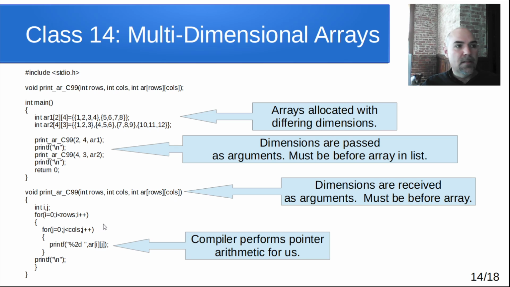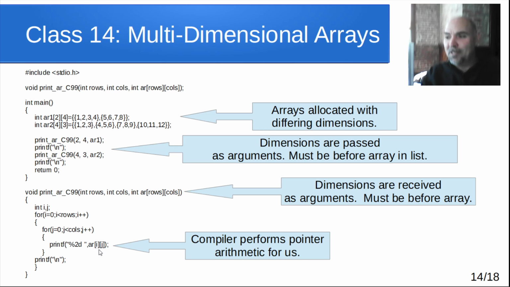But really what's going on behind the scenes here with this code is that this is just creating that pointer arithmetic thing for us rather than having it where we have to do it ourselves. Some sort of dog activity going on back there. But notice that this is a little bit cleaner to look at. You can say ARI, subscript I, subscript J. That's getting us to that particular element in the array. But again, to do that, these dimension arguments have to come before the actual array